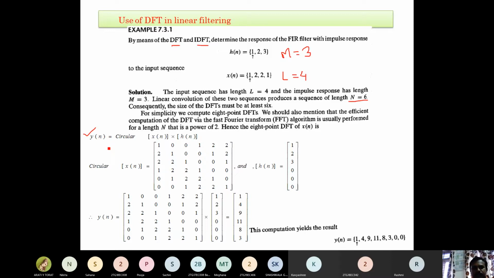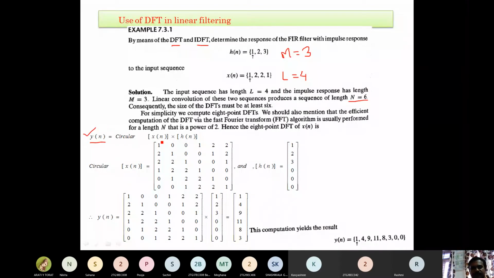So here, if you want to calculate the y of n, you need to take two matrices. Okay. So the first matrix is the given sequence x and another sequence is the impulse response h. Okay. So how to perform the multiplication of these two? Matrix multiplication you have to do. Okay. How to perform that one? So you just look at here. Here it is y of n. To calculate y of n, it is a multiplication of two matrices.